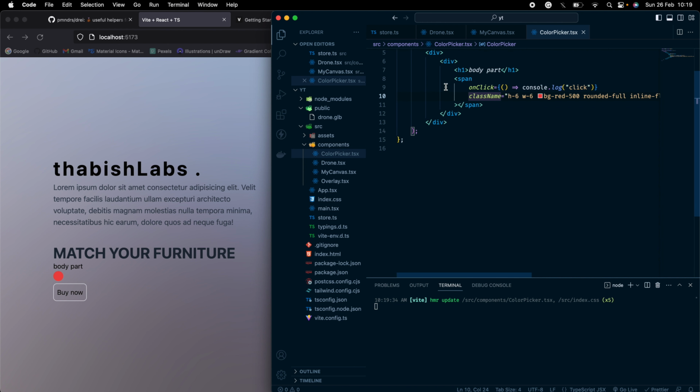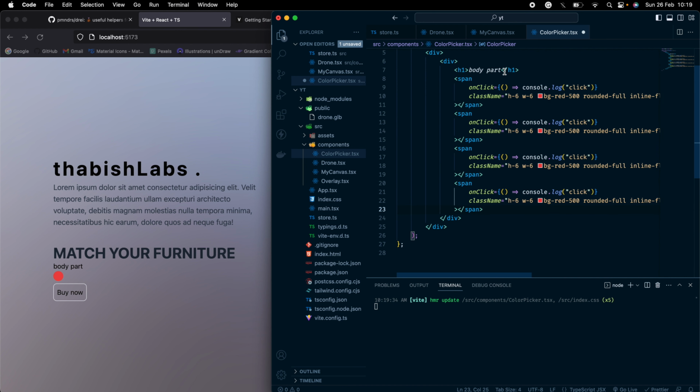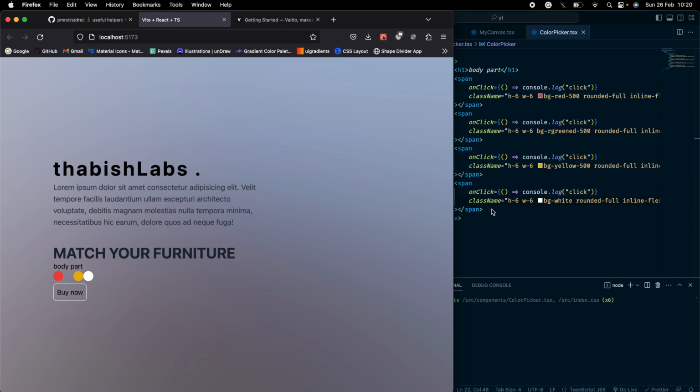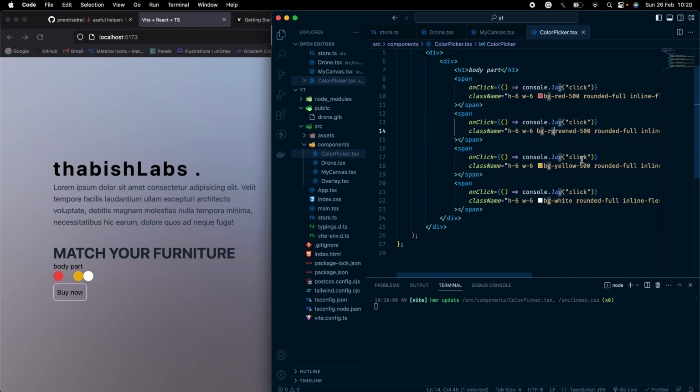We'll have a few colors, so I'll copy this out, paste it here, just change the color. So this will be green, this will be yellow, this will be white. 500 is not needed. Here we have something, this will be green,